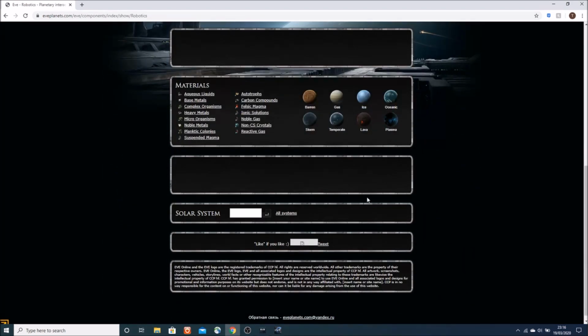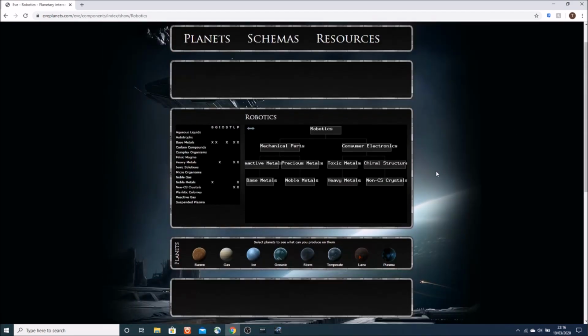There's added functionality to this, but I'm not going to go into that detail now, you can explore that yourself. So I'm looking for a barren or a plasma planet. Go back into game,